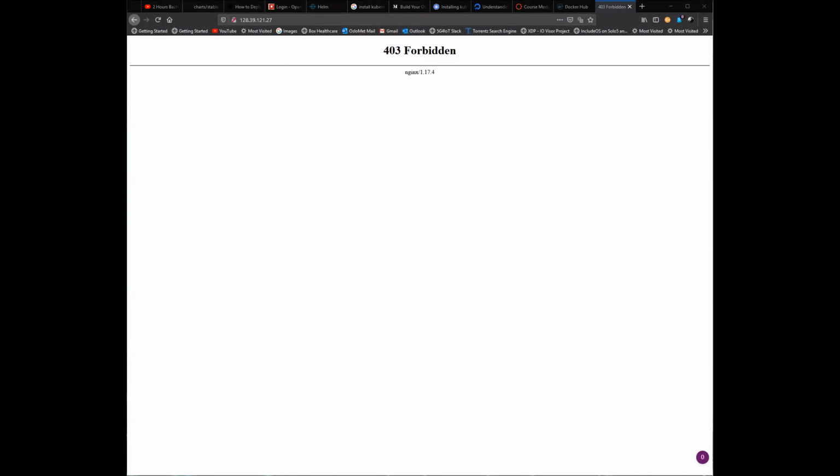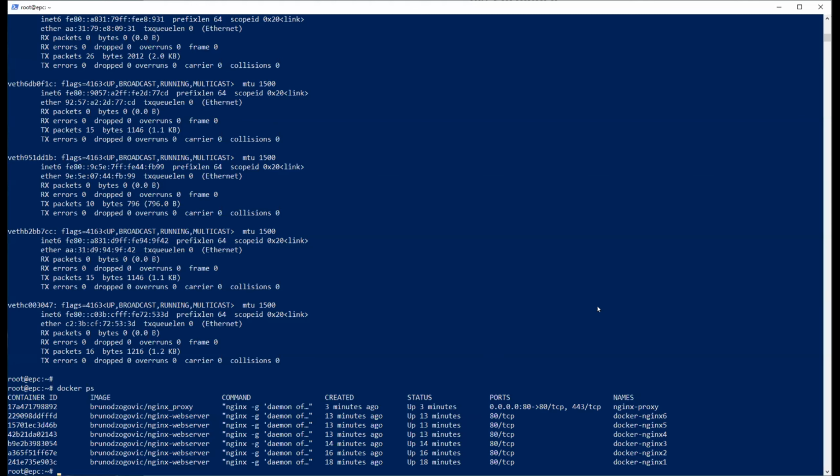You can try it. I will provide you an example of how to do this with Docker Compose, because Docker Compose automates all this process, so you don't have to run all these containers one by one. But I'm just showing you the process of how to do this one by one. Next, we can try to install Docker Compose, because you can have a problem with that. So what's the deal with this?